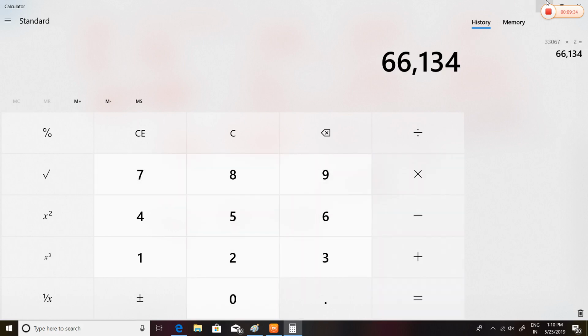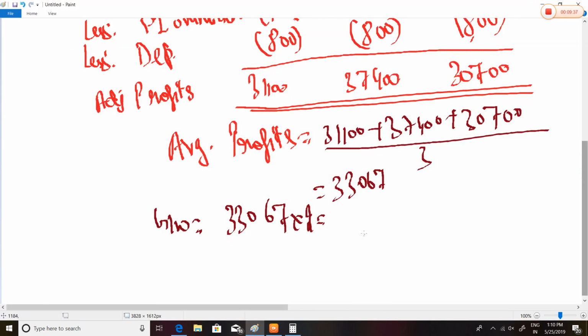It would be 66,134. 66,134 rupees would be the total goodwill. Now, out of this, 24,000 rupees... sorry, not 24,000, 42,000 goodwill